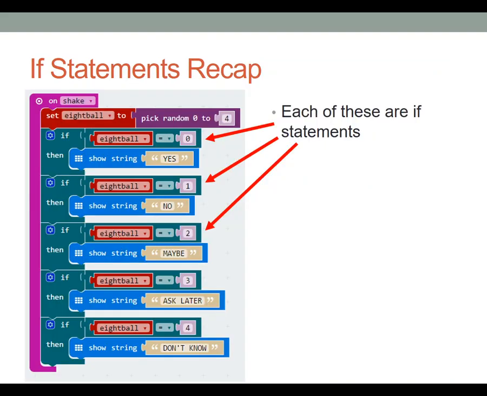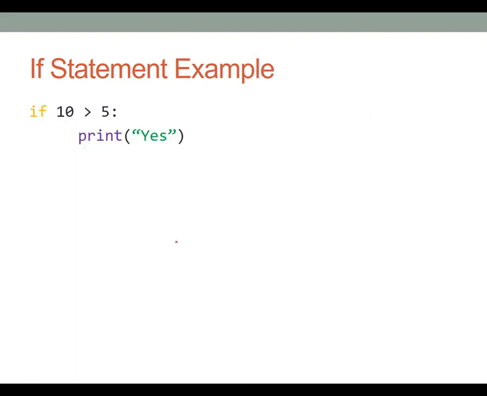You might remember this from the microbits, where you had to make a magic 8 ball, and if it makes a random number, and if it picks one of them, it displays a different result. I'm going to be doing the same thing really, but we're going to keep it simple. For this one, it's a stupid program, you would never do this in real life, but it's just to get used to it. If the number 10 is greater than the number 5, and there's a little indented bit here,